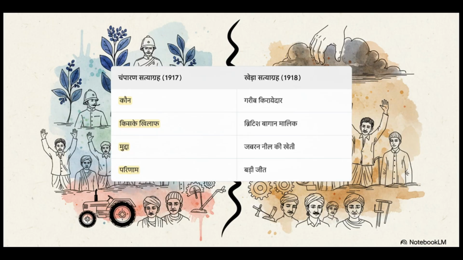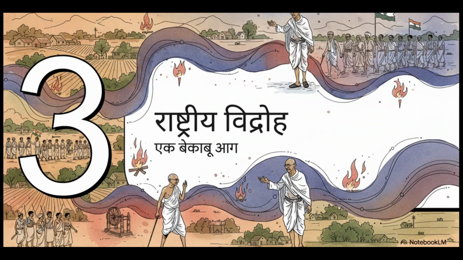कितने अलग थे। चंपारण में गरीब किराएदार थे जो अंग्रेज बागान मालिकों के खिलाफ लड़ रहे थे, वहीं खेड़ा में अमीर जमीन मालिक किसान थे जो सीधे सीधे ब्रिटिश सरकार के खिलाफ टैक्स को लेकर लड़ रहे थे। इससे एक बात साफ हो जाती है कि जिसे हम किसान कह देते हैं वो कोई एक जैसा समूह नहीं था। उनकी अपनी परेशानियां और अपनी लड़ाइयां थीं। तो इन छोटी छोटी स्थानीय जीतों ने एक बड़े राष्ट्रीय आंदोलन